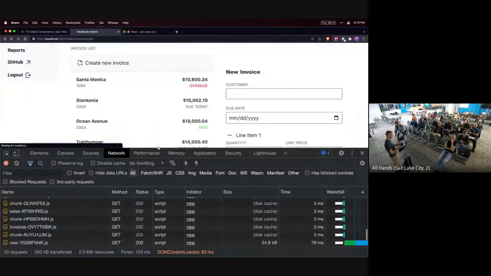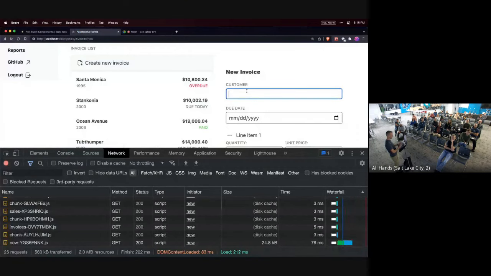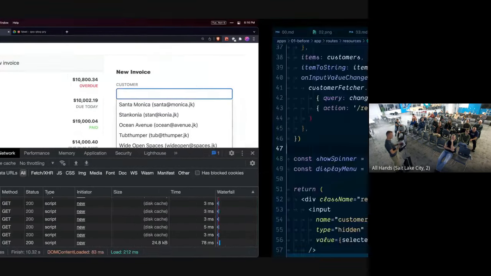So I guess we don't want to be true. I don't know, that metaphor is falling over. So now we're not getting any flash of loading state at all because it is pretty fast. But if I slow it down,